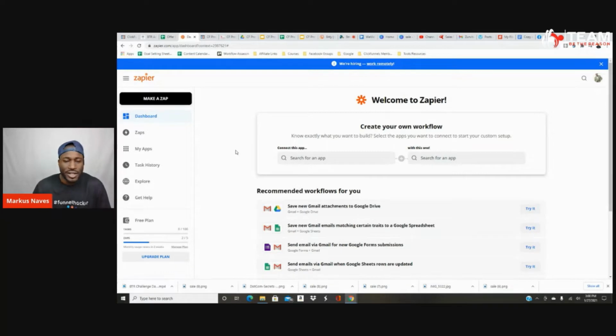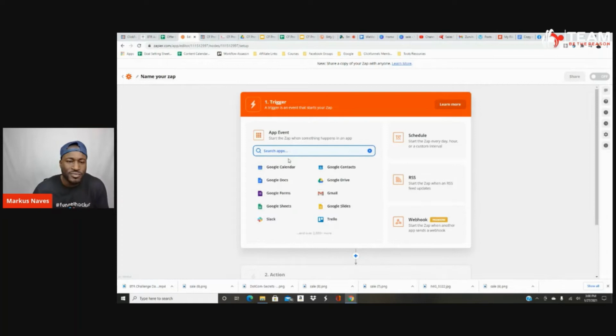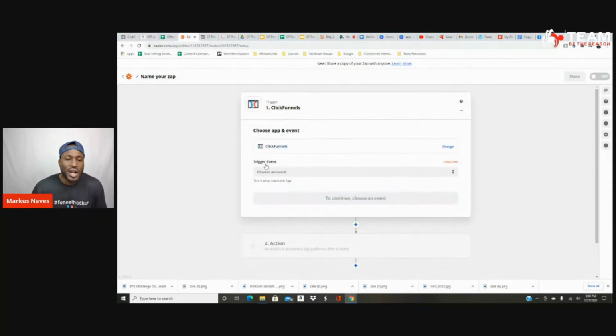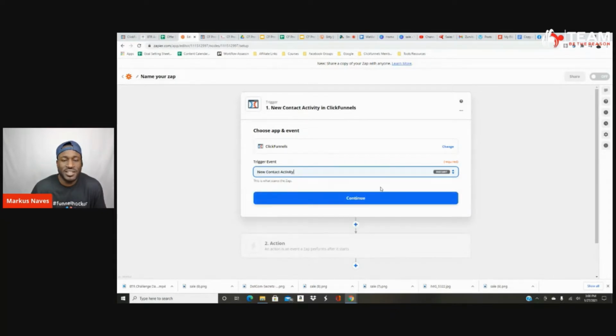Let me go ahead and create a Zap. First thing I want to do, we're going to search for the app. So we're going to search for ClickFunnels, as you can see right here. Then we want it to trigger an event. Right here you can see three different events: new contact activity, new successful purchase, new failed purchase. Because we are collecting leads, I want to select new contact activity,